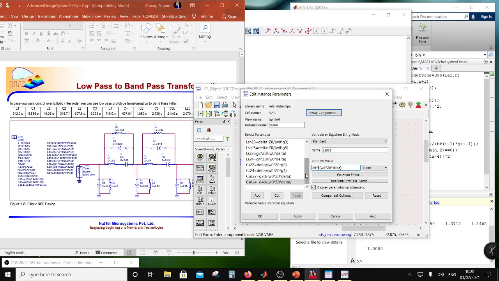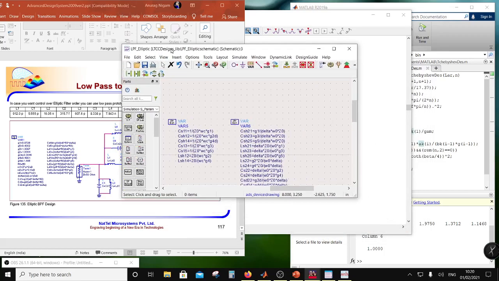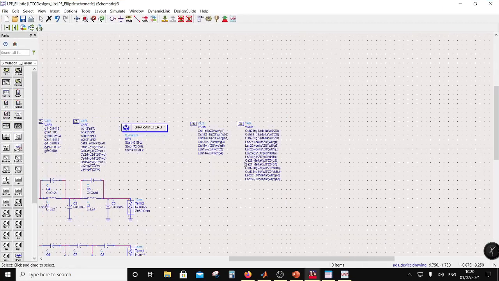R0 delta by omega naught G2D, and LSD24 will be G4D, isn't it? And so now we are done with all the equations for an elliptic bandpass filter, and I am going to